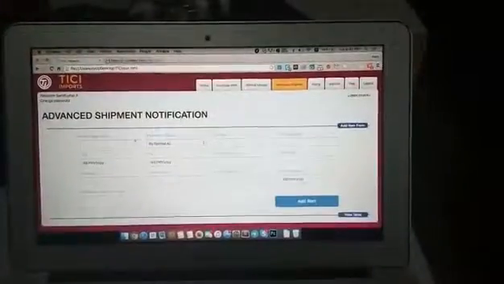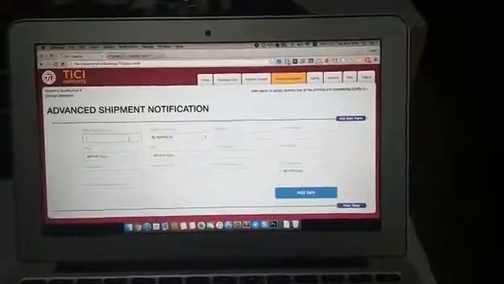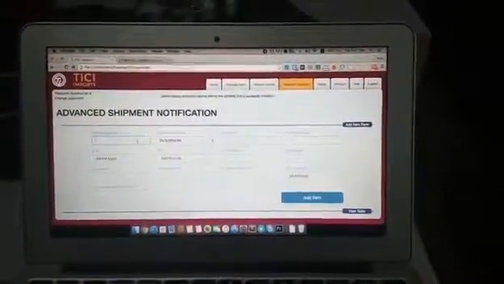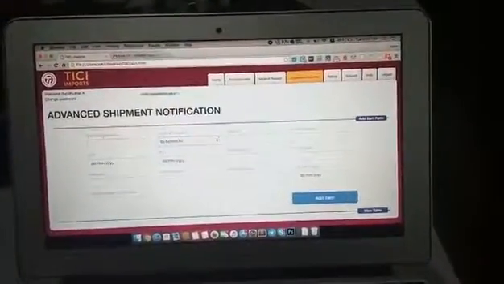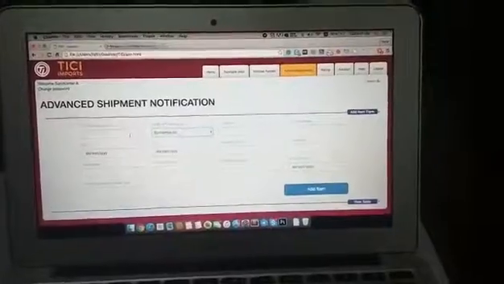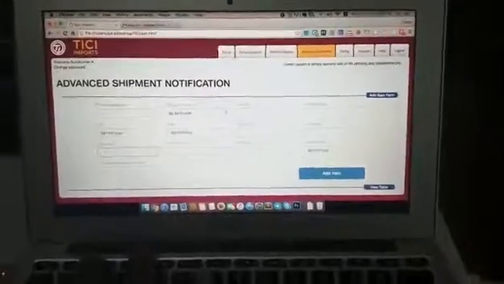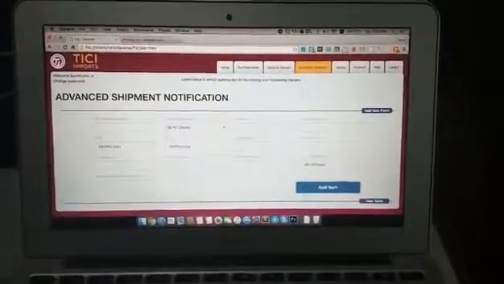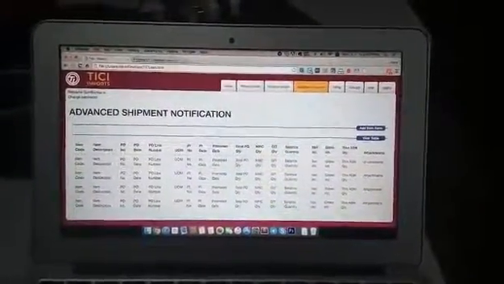So going back to the advanced section, usually on filling up a form, people do not like to use their mouse. So what we have done is we have made sure all the data is in sequence. So you click on the tab button and the cursor goes to each and every individual input, so that in the end, all you have to do is click the enter button, and it takes you to the advanced shipment notification tab page.